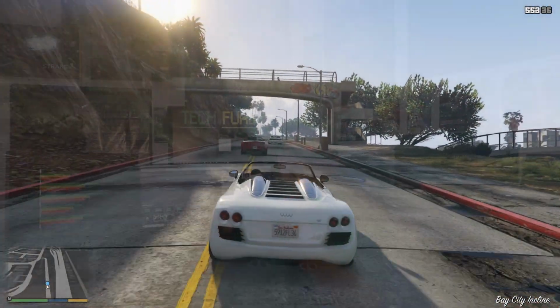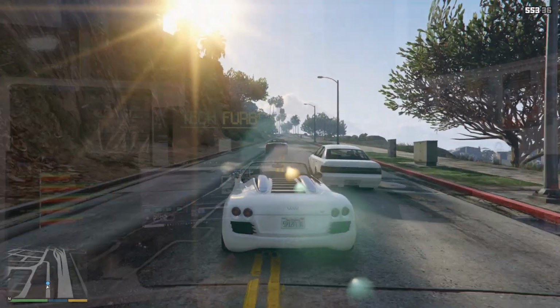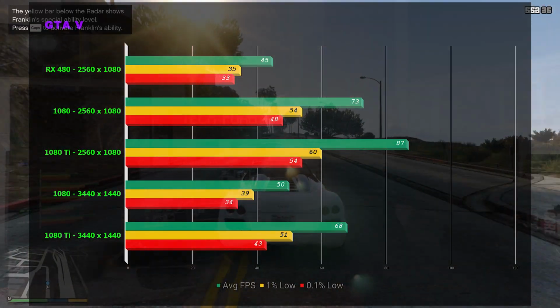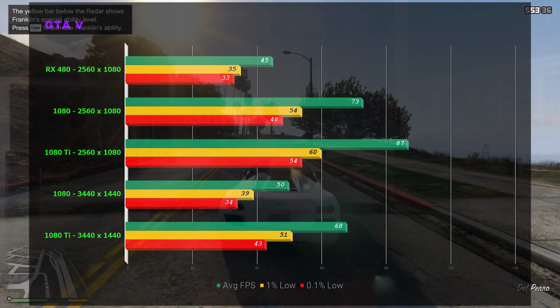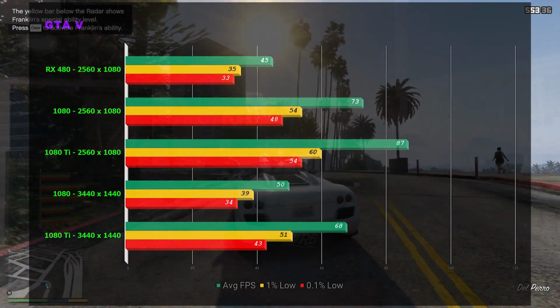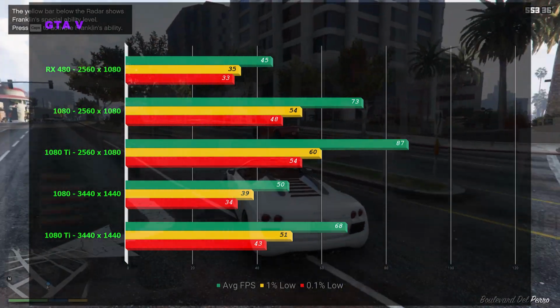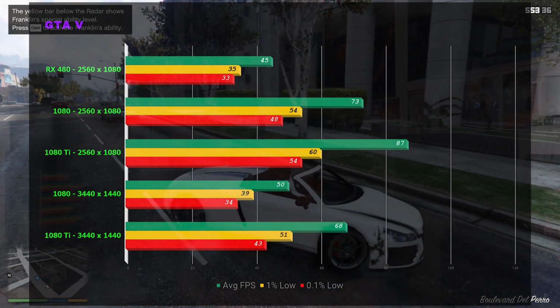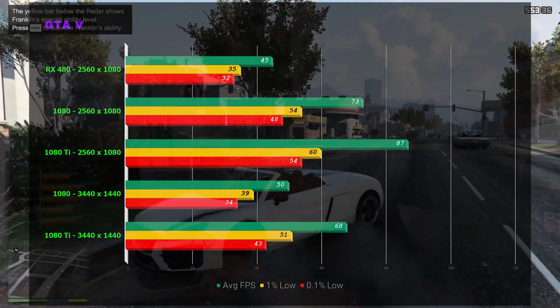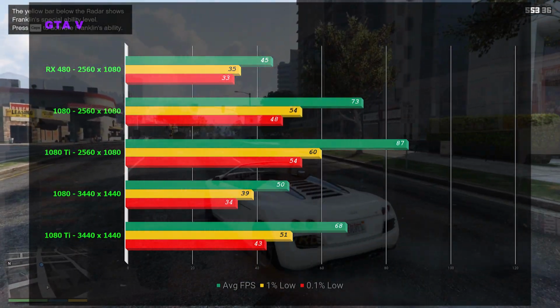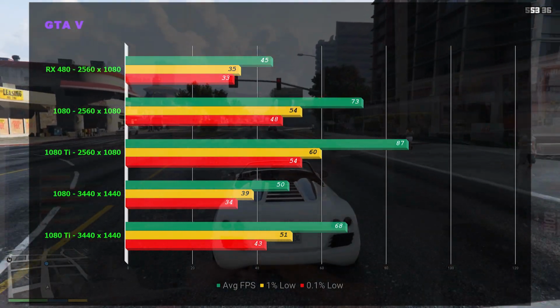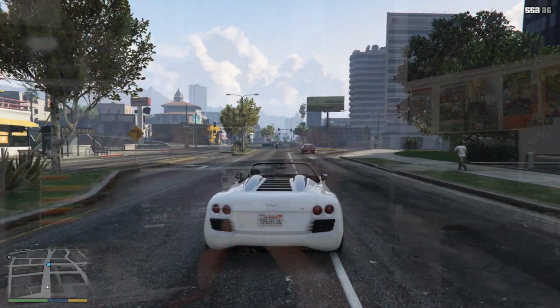It's terrible on PC. So 73 versus 87 at 1080p ultra wide. We are definitely not CPU bottlenecked in this case because there is perfect scaling that we're expecting. And again, 1440p, same deal, 50 versus 68. First time we haven't seen the 1080 hit 60 frames per second at the 1440p ultra wide resolution, so that